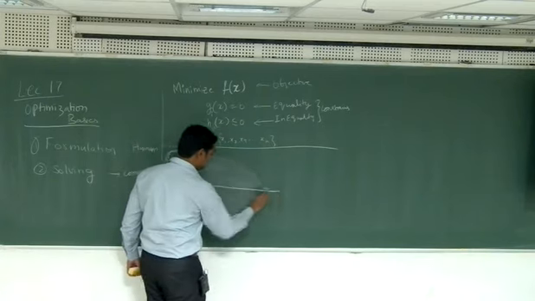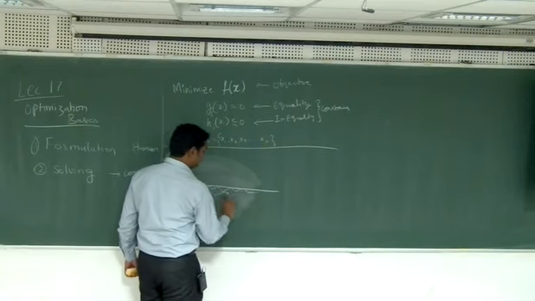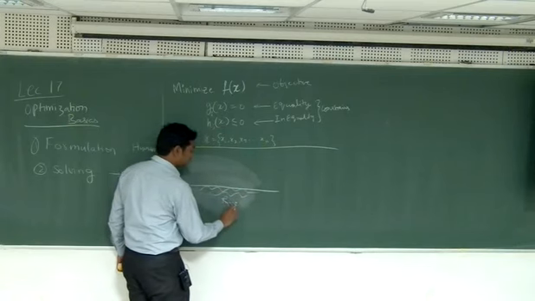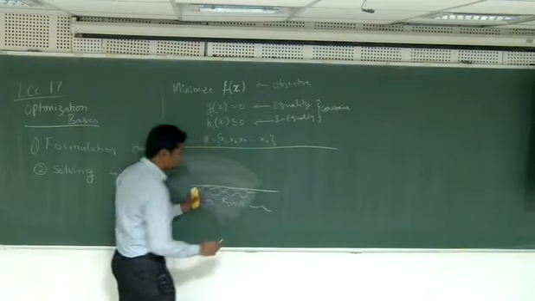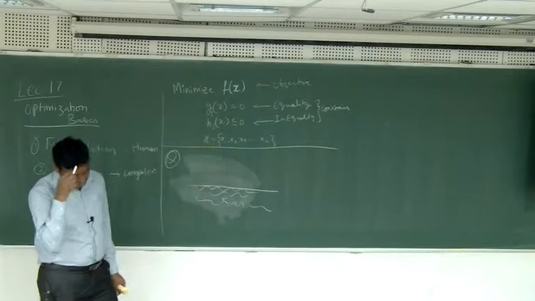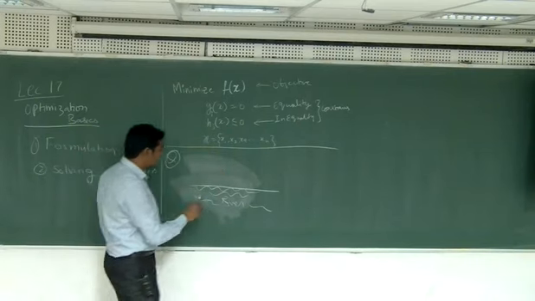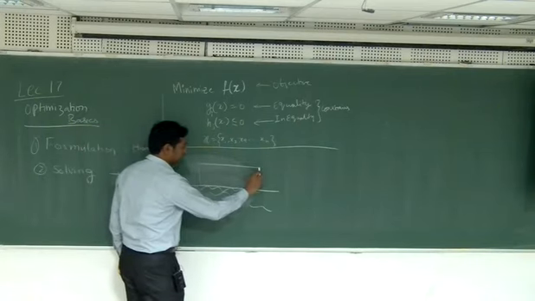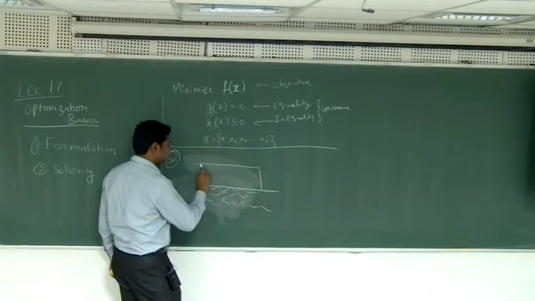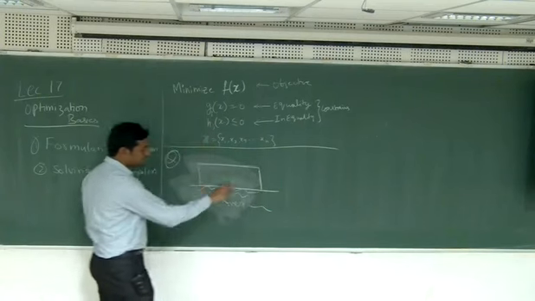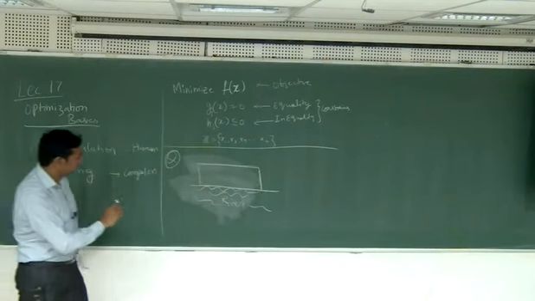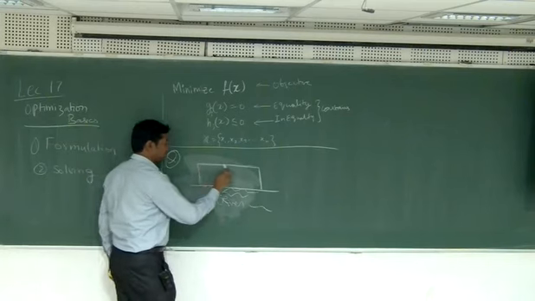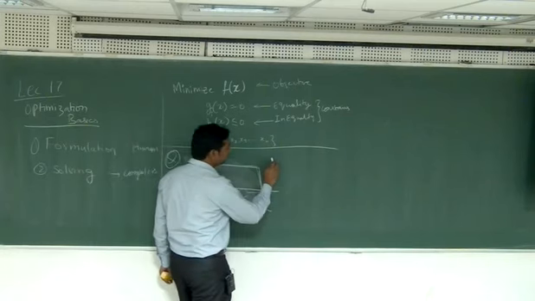Let's say this is a river. This entire part is a river, and this is the land. So I want to construct a fence like this. So this is a fence. I want to construct a fence like this. This is the total length. So the total length I have is, let's say,